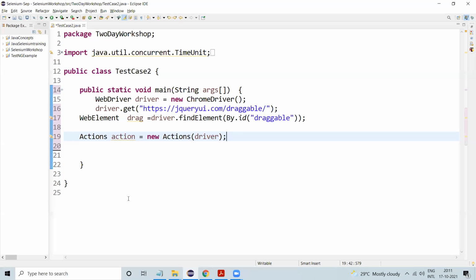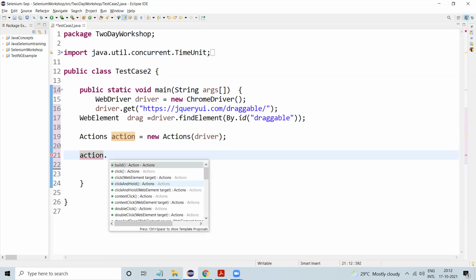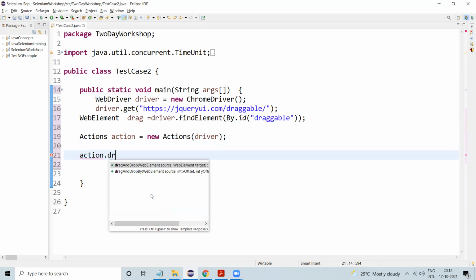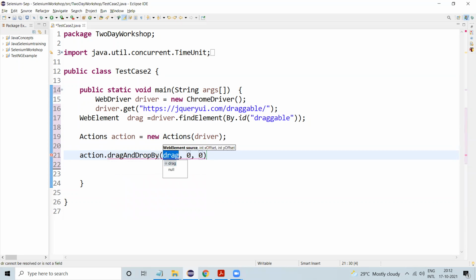Then using this reference variable, action is the reference variable. If you click on a dot, then you can see what methods are available in the particular Actions class. Right, so many methods are available. So what we need to do is call the method dragAndDropBy.